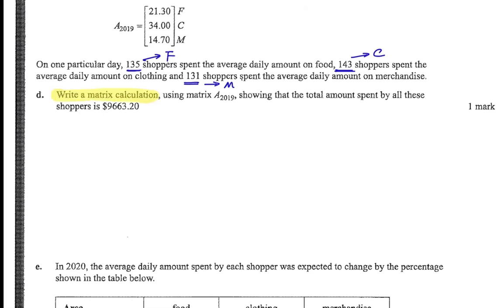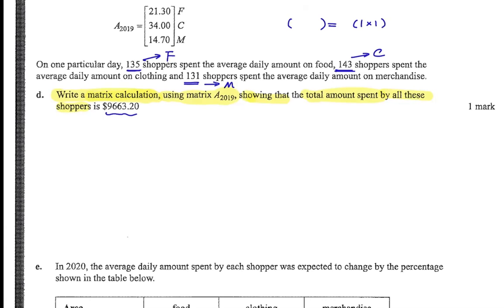We want to write a matrix calculation using matrix A 2019, showing the total amount spent by all these shoppers. So we want to use the matrix calculation to show something. That means the answer itself doesn't matter as long as we have the correct calculation. So how can we calculate this total amount? I would say, finally, this is just a 1 by 1 matrix, which is just a number. If the final output is 1 by 1,